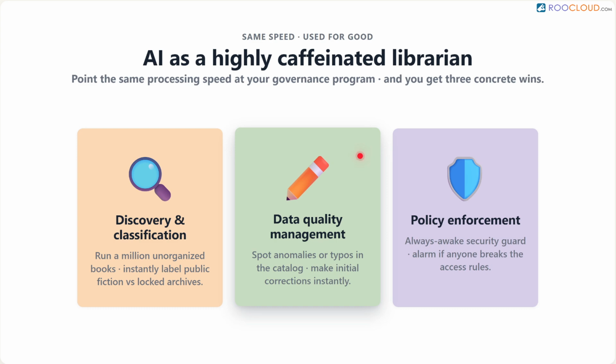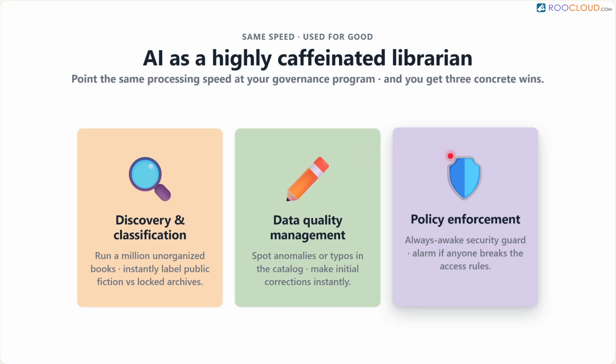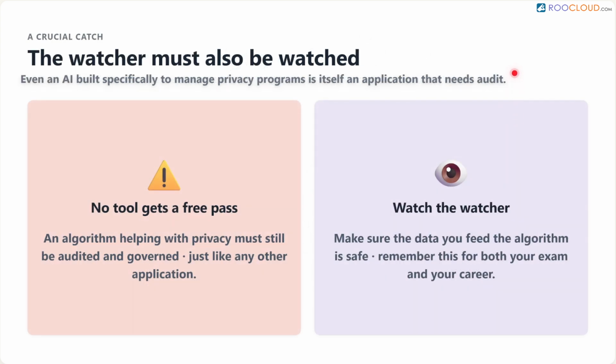It can spot anomalies or typos in the massive library catalogue and make initial corrections instantly. Third, it assists with policy enforcement and compliance monitoring. The librarian acts as an always awake security guard, watching who accesses the restricted section and sounding an alarm if someone breaks the rules. However, there is a crucial catch here that you must remember for your exams and your